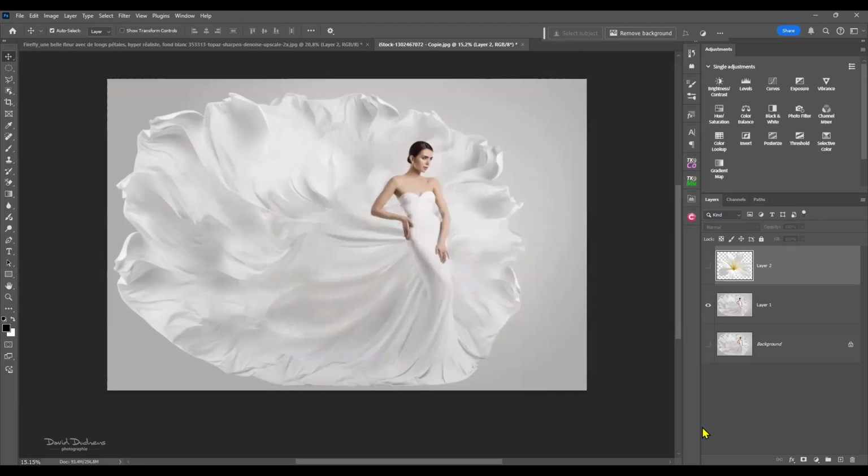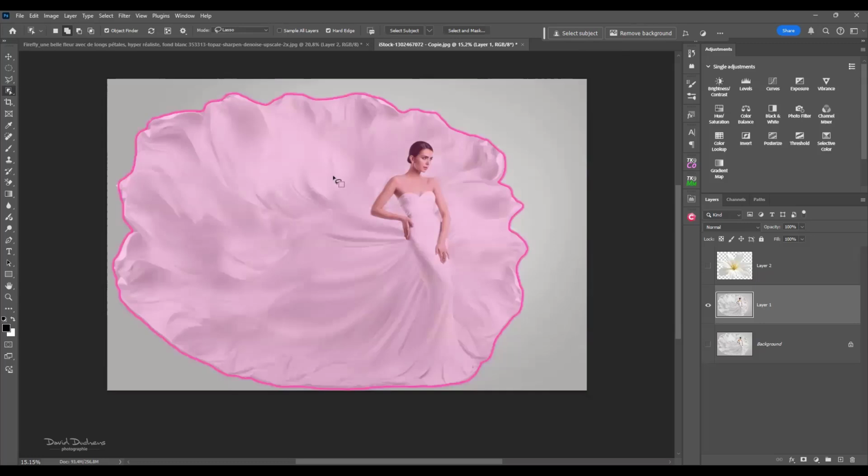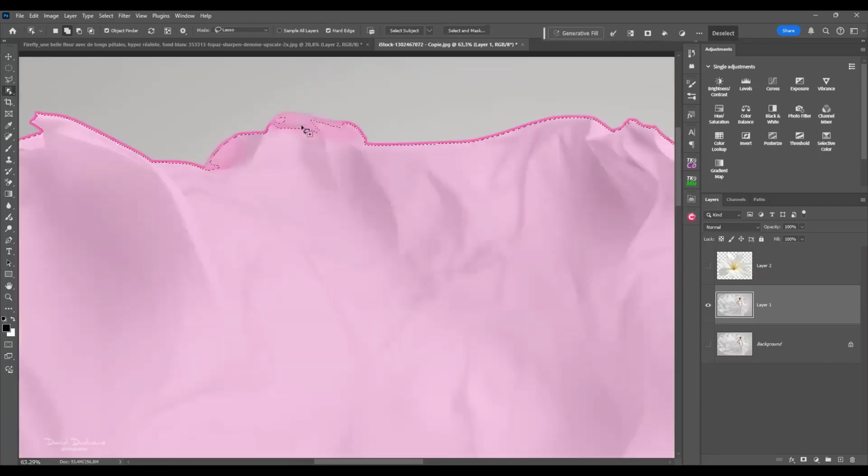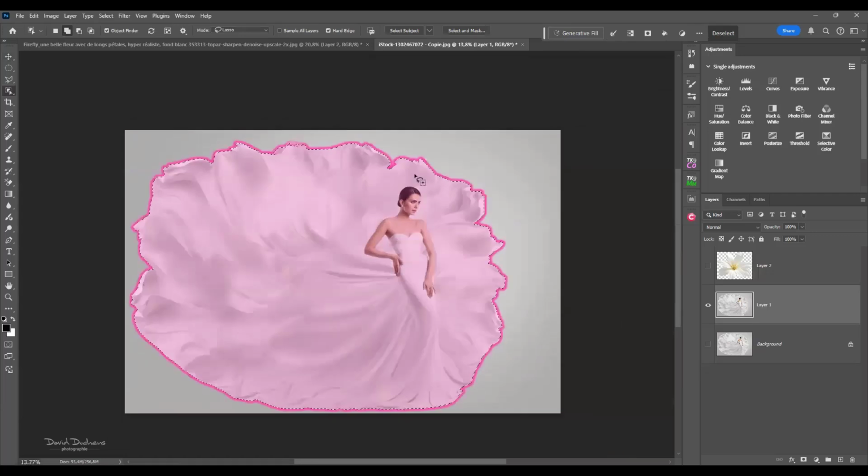So I will just hide the visibility for the moment, and I will not change the background for the moment. I will first, oh, I can, by the way. So I click on the layer, object selection tool, and you see directly, you scroll over, click, okay. And you see, I will not check. I know it's not perfect, but we will not have enough time. And from this selection on my layer mask,